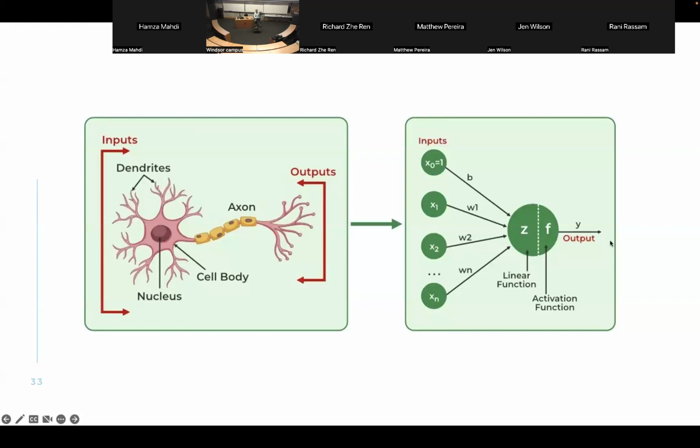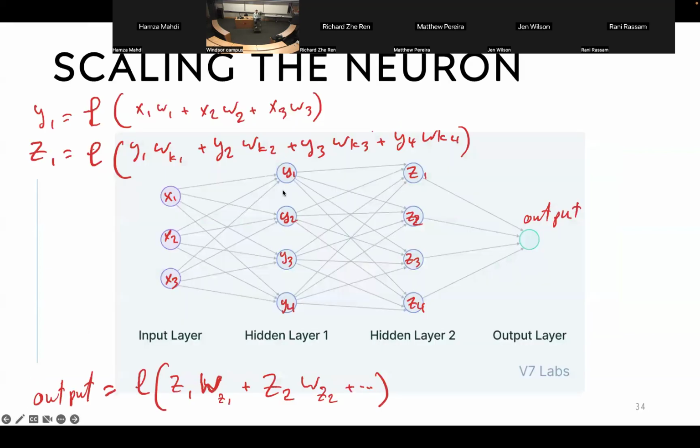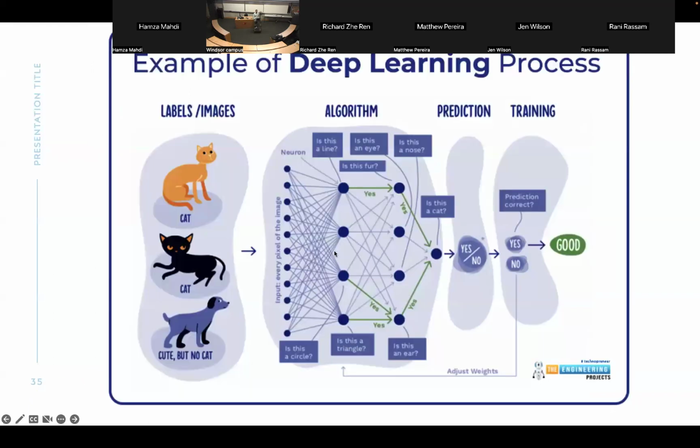And then once this neuron receives whatever and gets activated, it sends the output to different neurons. And similarly, in a neural network, that's how it works. You get different neurons connecting to other neurons, and they keep connecting to each other. And if you scale it enough, then you get complex thought patterns. That's the whole theory of machine learning, essentially. So an example here,